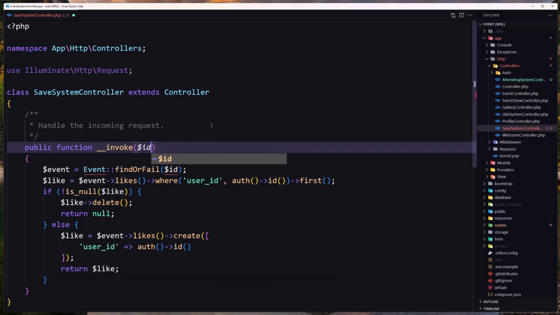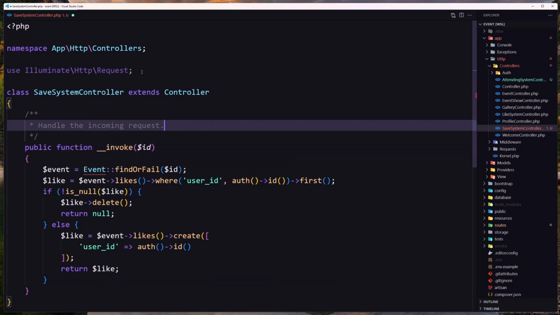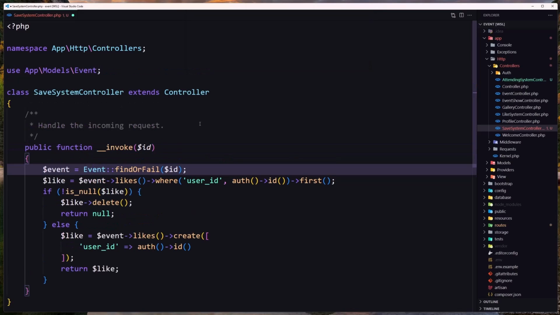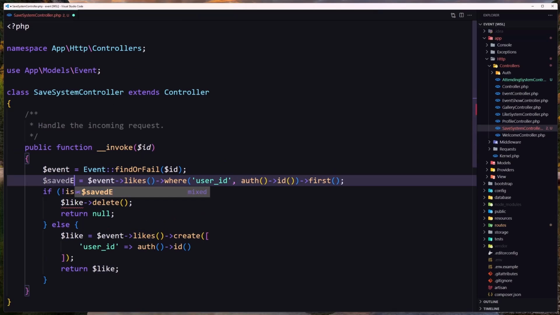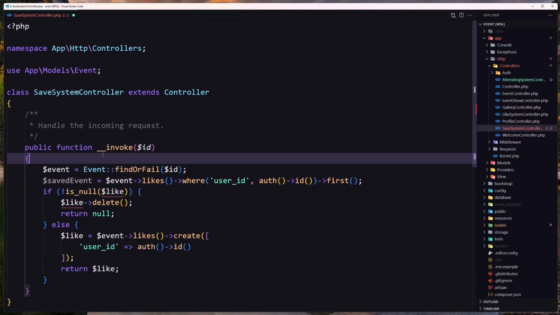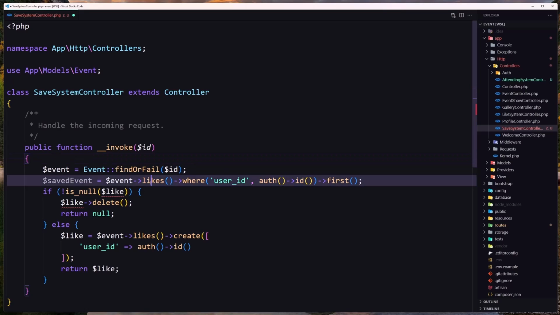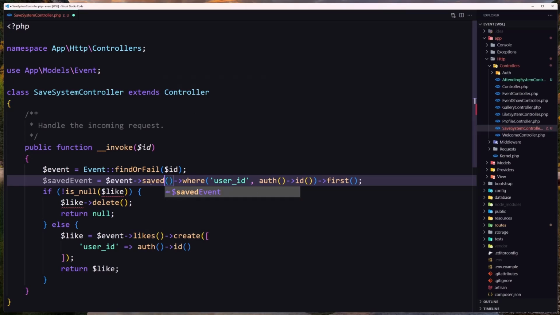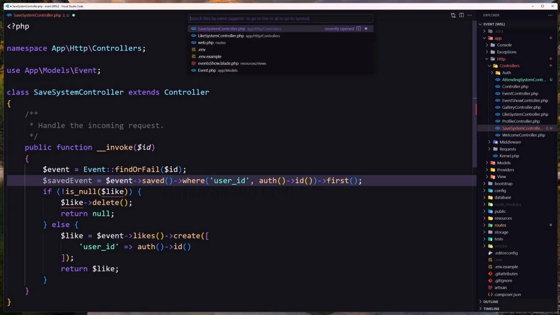So let's say $id, remove this request, and let's import the Event from the app models Event here. Then we're going to say $savedEvent, like this, and use the event, not likes, but save the event. And I think let's open the model, so the event model,